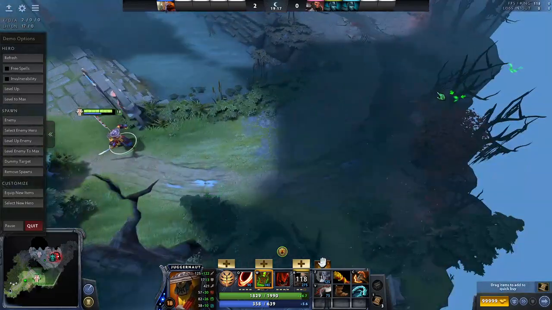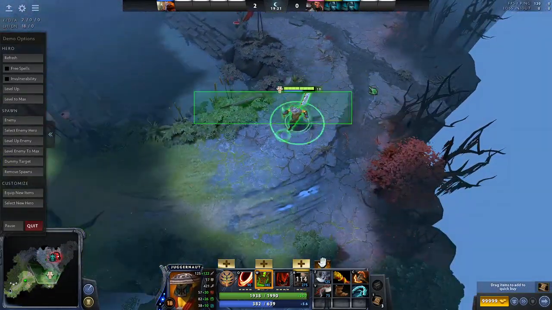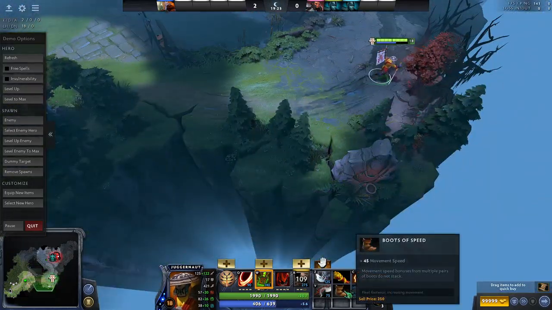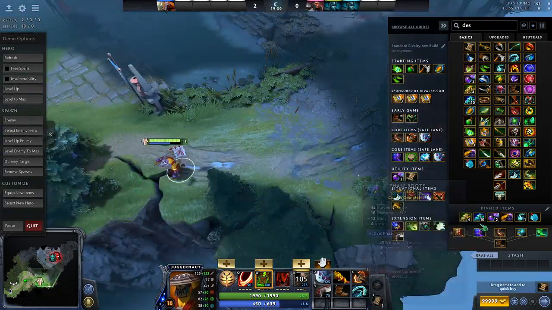In the past it used to work, and now cleave doesn't work with Battle Fury anymore. Well, illusions don't work with cleave Battle Fury anymore. Alright, as for boots, because upgrading boots is an essential part of the game, depending on the matchup and how